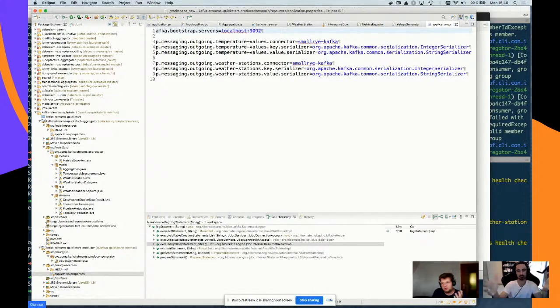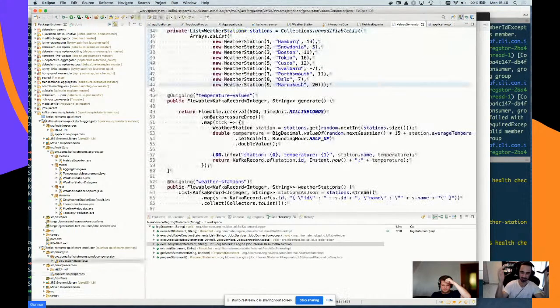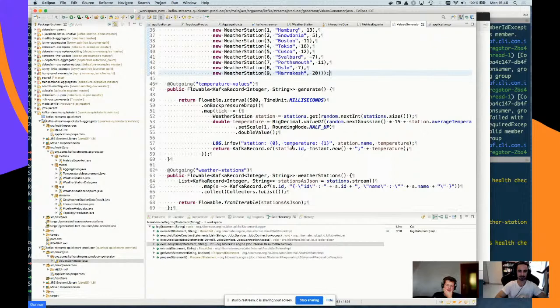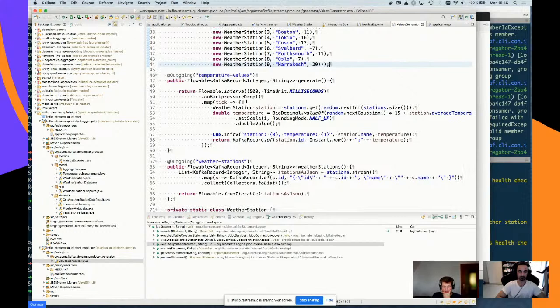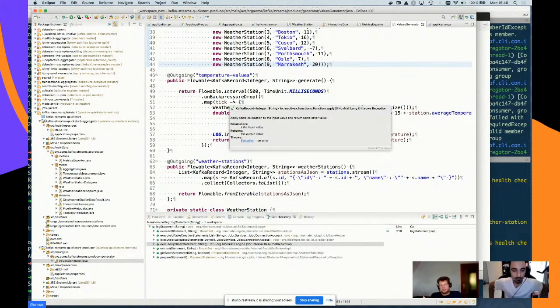Right. But basically, with six properties and two annotations, you've implemented a producer, right? Exactly right. And it would be even simpler for a consumer. I would just have an incoming annotation here. It would be tied to the name of the topic or my logical channel. And then I could react to any message on this topic. So that's quite nice. And I think those things complement each other quite nicely, right?